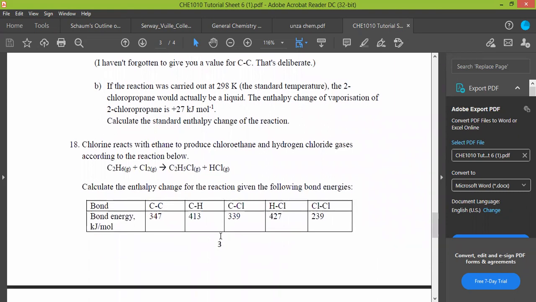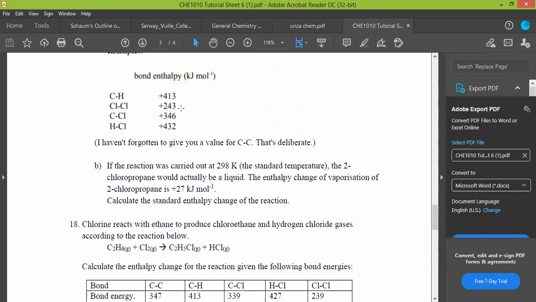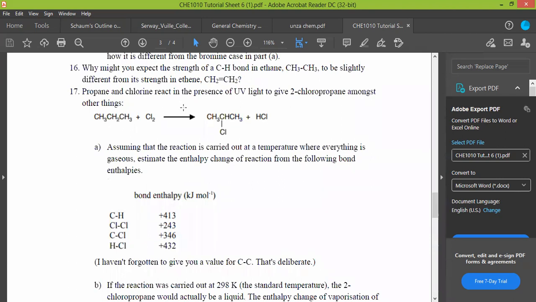Okay, so B, if the reaction is carried out at 298 Kelvin, the standard temperature, that is 25 degrees Celsius, the 2-chloropropane would actually be a liquid. The enthalpy change of vaporization of 2-chloropropane is 27 kilojoules per mole. Calculate the standard enthalpy change for the reaction. So this is the standard enthalpy of vaporization. Okay. And here,